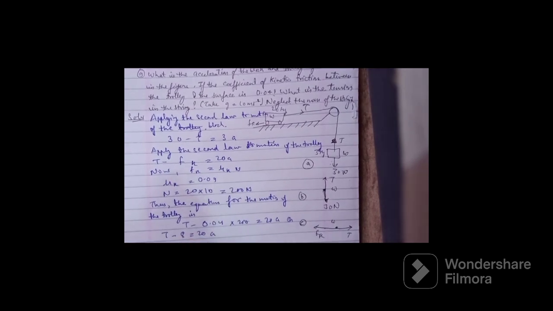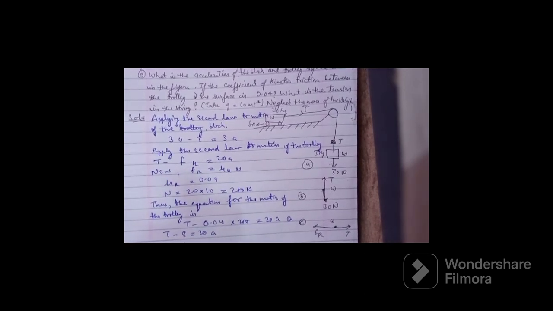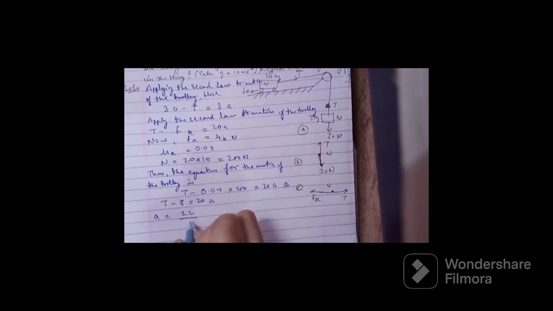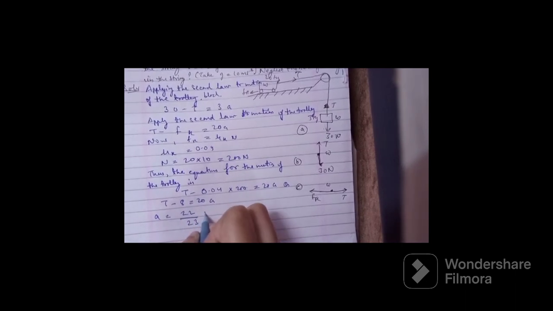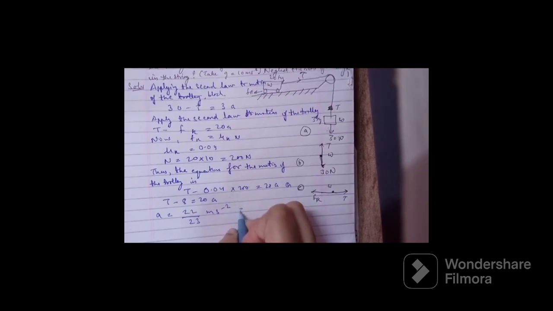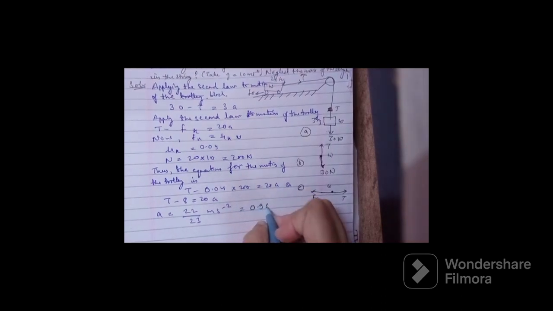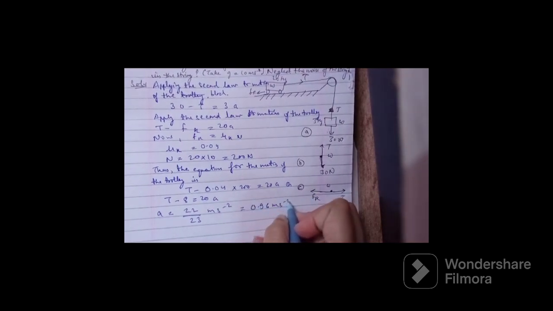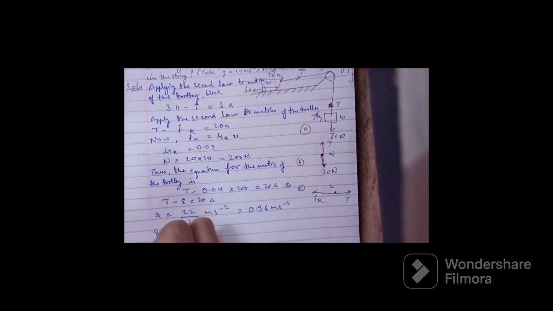These equations give a equals 22 by 23 meter second inverse square, which is 0.96 meter second inverse square, and T equals